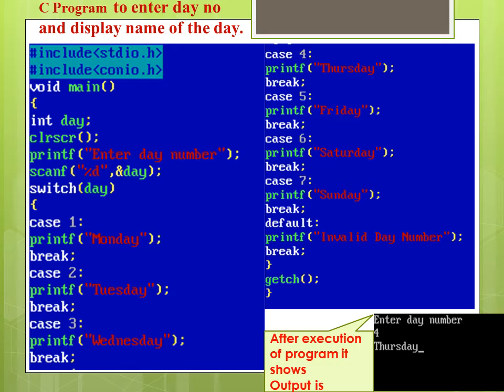For example, if the user enters day number 4, then it matches with case 4, and case 4 gets executed and displays the message Thursday on the output screen. If no value of day number matches with the given cases, then it executes the default case and displays the message invalid day number. In this way, switch case works.